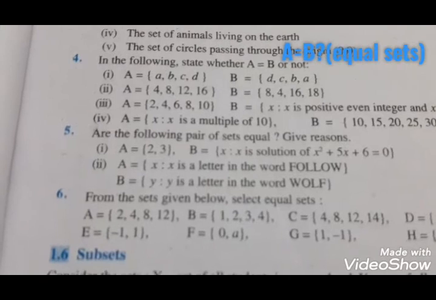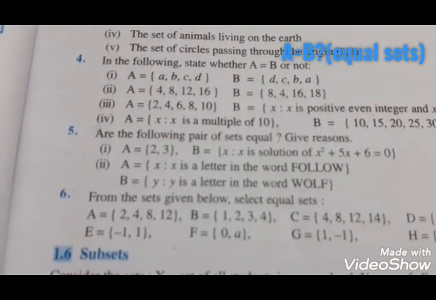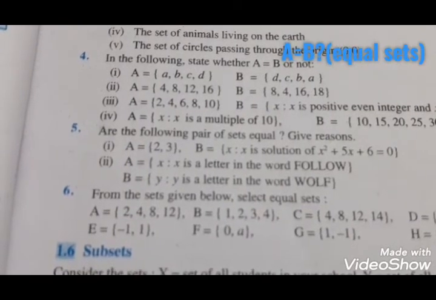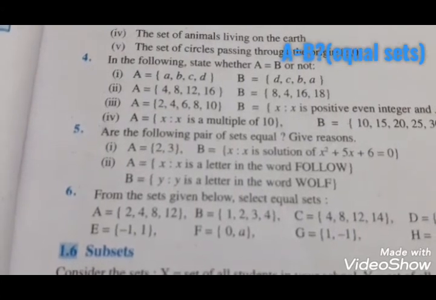Set H equal to 0, 1 means C. In set F there is A. In set H there is 1, which means A is not equal to 1. Here we can't say that they are equal. So F and H have the same number of elements, but they are not equal.